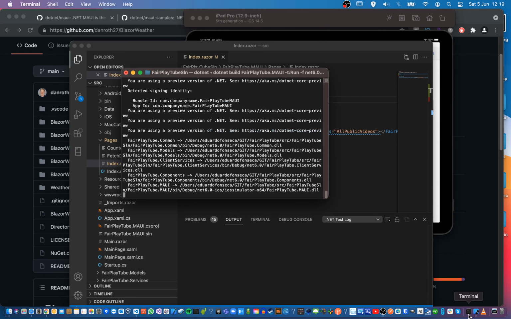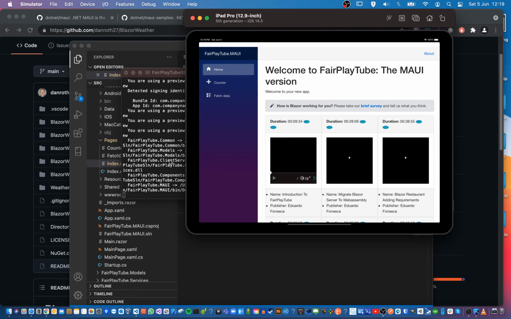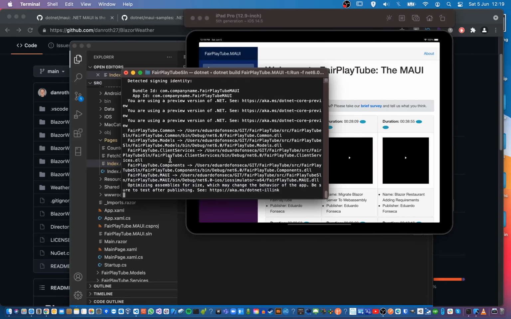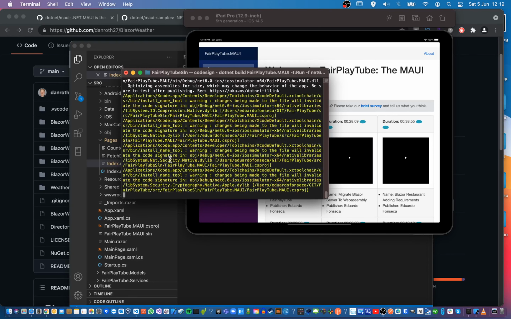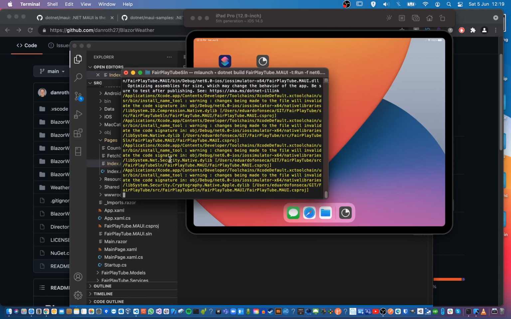So let's see. Yeah, it's still going to take a little bit longer. It should deploy in a second already. Okay. So yeah, it's currently better to work with Visual Studio Code to edit the files, because you may have noticed that